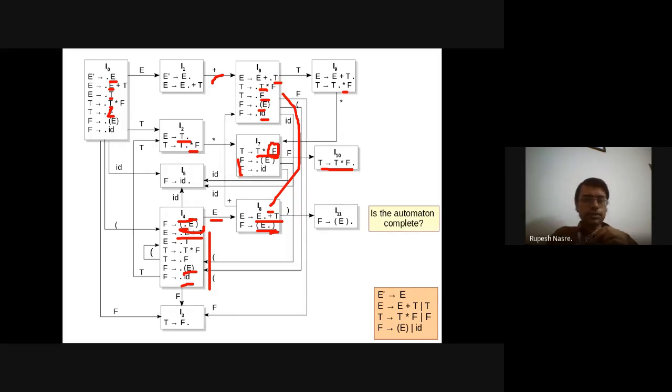So I didn't get any answer from Yuvraj. All right. Anybody else wants to say? The automaton is actually not complete. Yeah. So the acceptance is missing. Good. So that needs to be added. And where should that be? Where should the acceptance happen?